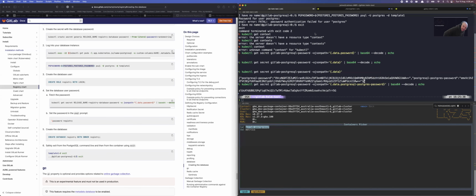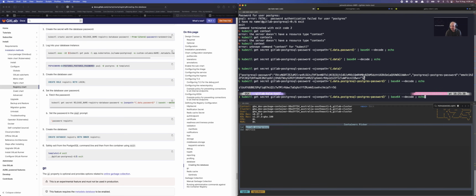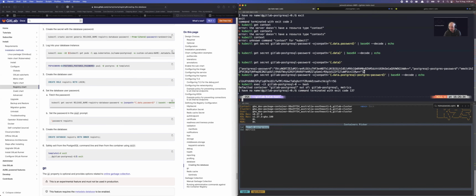All right, so I was using the wrong password, so I couldn't log in. The secret GitLab PostgreSQL password actually has this other key in there that is called postgresql-postgres-password. That's the one we actually want. So if I go to exec into the Postgres root, okay,